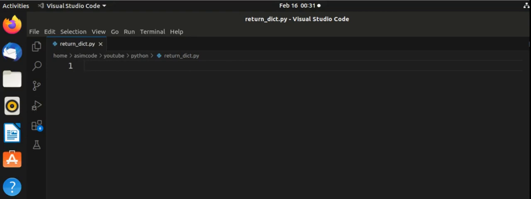In this video, we will learn how to return a dictionary from a function. A function can return any kind of value we need it to. So in this example, we are going to return a dictionary representing a person. So let's write our function